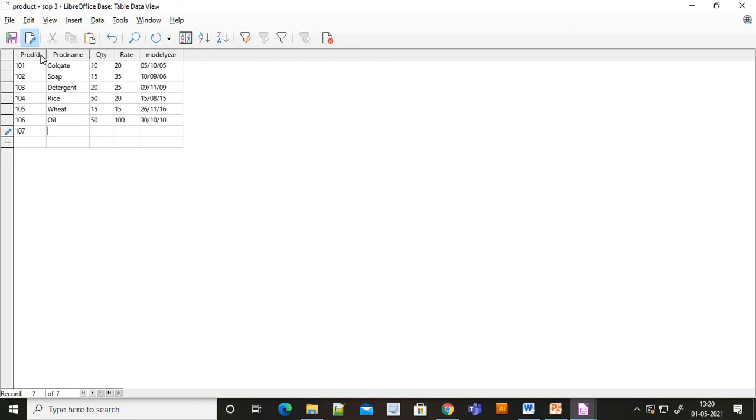After oil, it will be ketchup, 45, 30, 01, 10, 2010. After ketchup, jam, 35, 10, 06 December 2010.